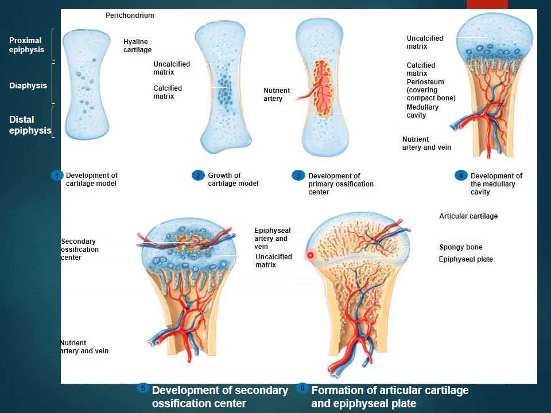There are two areas where the initial hyaline cartilage is going to persist. These are the areas around the articular ends of the long bones, which are the articular surfaces. This is known as articular cartilage. And in between the diaphysis and epiphysis is the cartilage that persists. It is known as the epiphyseal plate, epiphyseal cartilage, or the growth plate. This is the one which helps in the non-fusion.